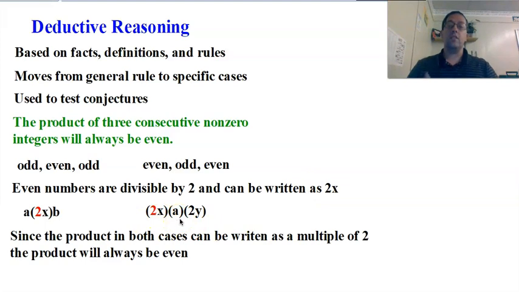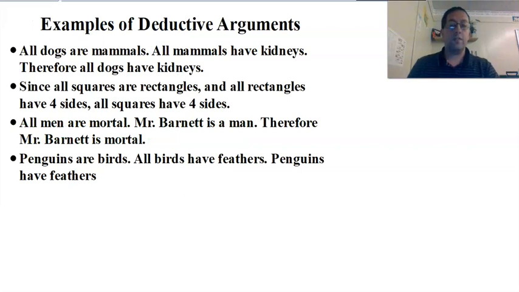And therefore, we have used deductive reasoning to prove that our statement is always true. Not true with a question mark. We know for a fact this is going to be true every single time because we have these rules here that say it works every time, so no matter which case you use, it's going to be true. Here's some examples of deductive arguments. All dogs are mammals. All mammals have kidneys. Therefore, all dogs have kidneys. Okay, this is true,